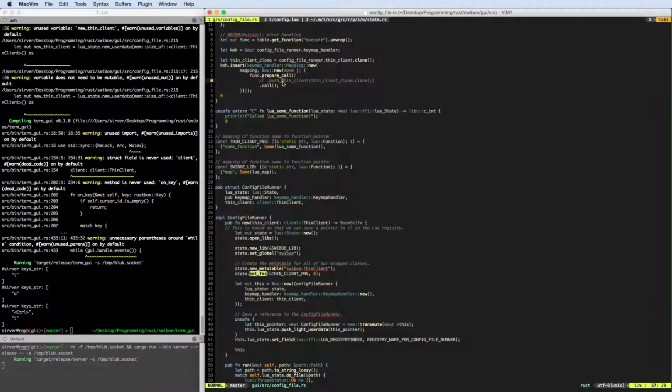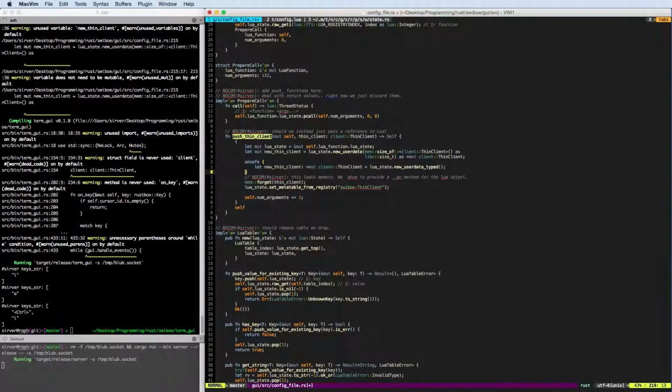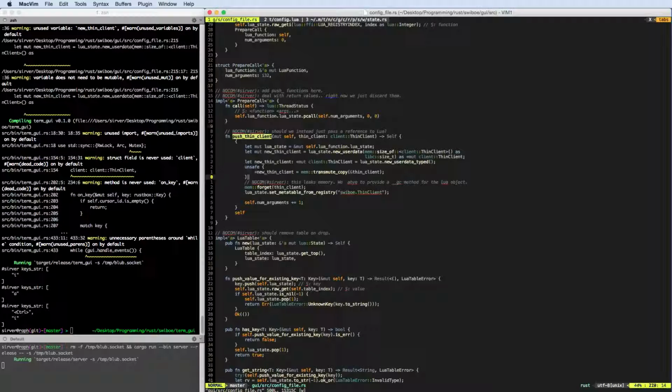Great. So actually this call here, push thin client, breaks something. What does it break? We make a Lua state. We push a new user data, new thin client. Do both of these calls actually need to be unsafe? I'm not sure. Maybe this one not, I don't think, but this one for sure. And then we set the meta table from registry, and then